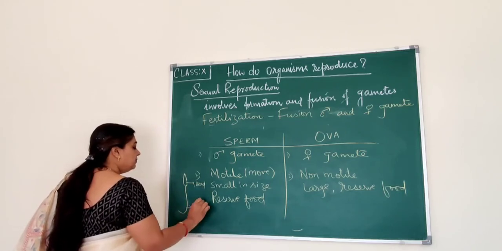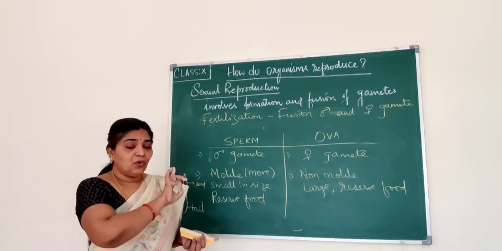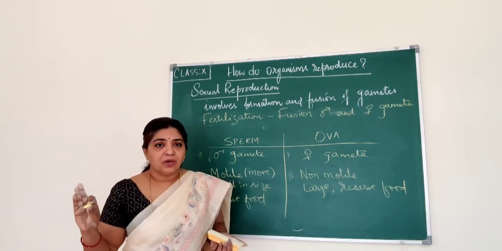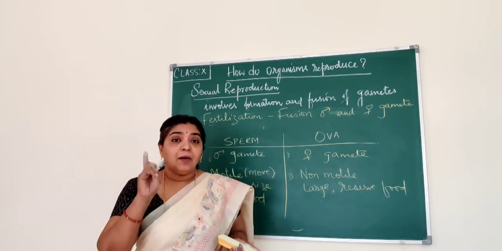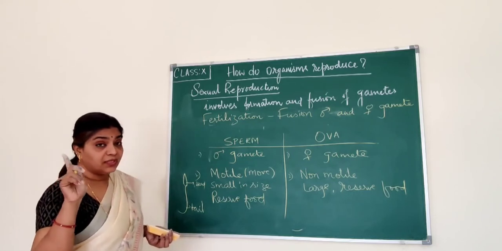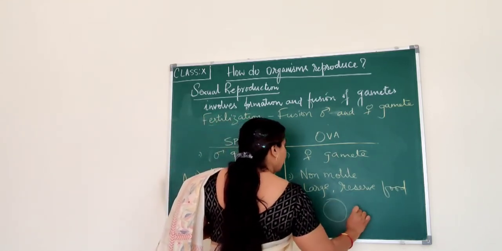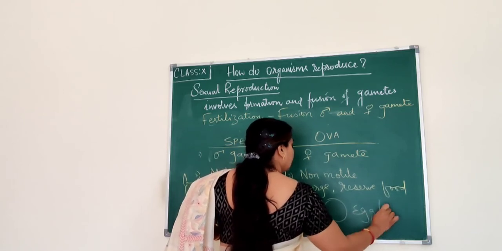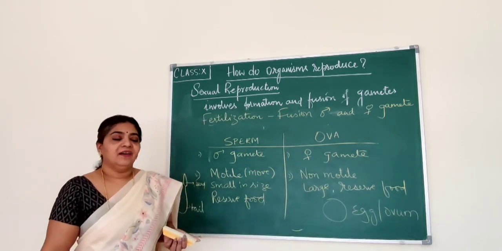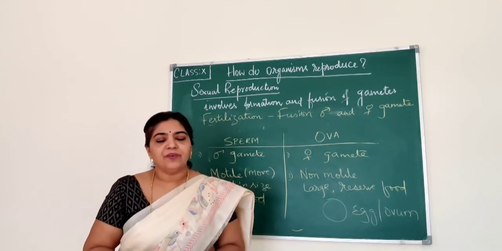This is the gamete. Okay, I am talking about the gamete. I am in no way talking about the organ. I am not talking about the sexual organ. I am not talking about the gonads. I am only talking about the gametes. This is the gamete which is produced in the testes. We will be learning about it. And this is the egg. So that's about the difference. All these are important, the differences between sperm and ova, everything.